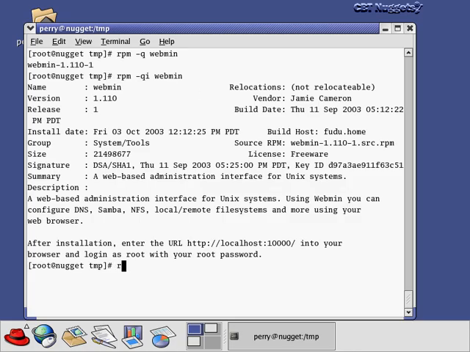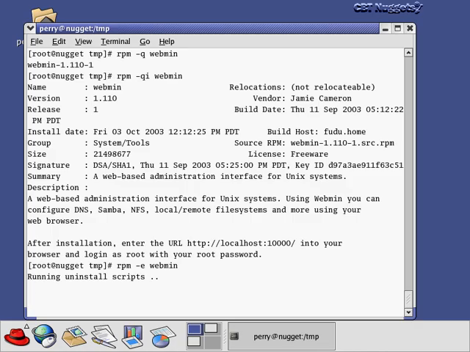Okay, now let's actually remove this. All right, so we haven't even used it really, but I just want to show you again how to use RPM, and we'll go back and we'll reinstall it again later. Okay, so RPM -E, and again we just say Webmin. Now here what's going to happen is it's going to go through and delete everything that had to do with Webmin, the installation, the actual programs, the scripts that it needed, and so on. Okay, so here it's running some uninstall scripts,